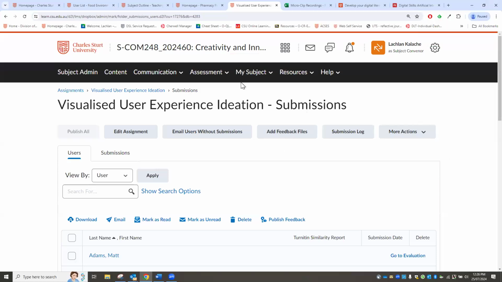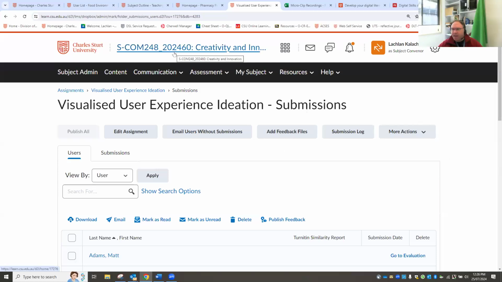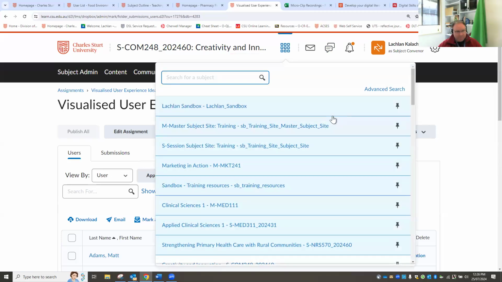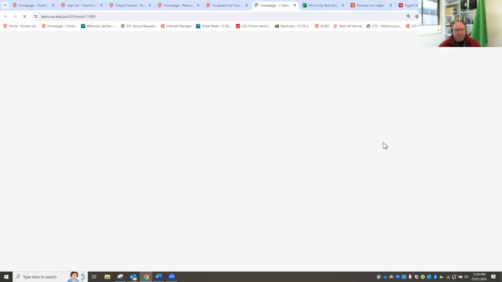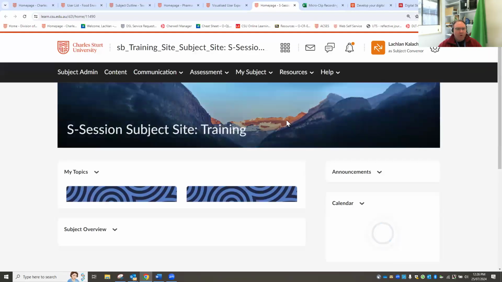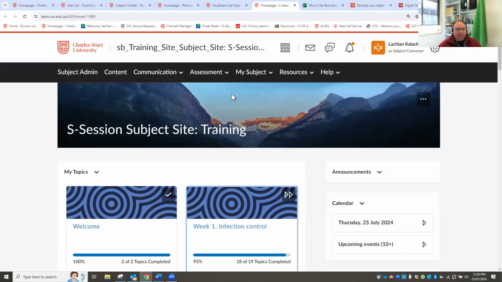Now, Matt's talked about looking at a subject that has a combined both satisfactory, unsatisfactory, and scored tasks. The good news is we can look at that in my training site because I have some of those. I'm not going to look at subject outlines because I don't have one attached to this site, but I'm going to open up the gradebook directly